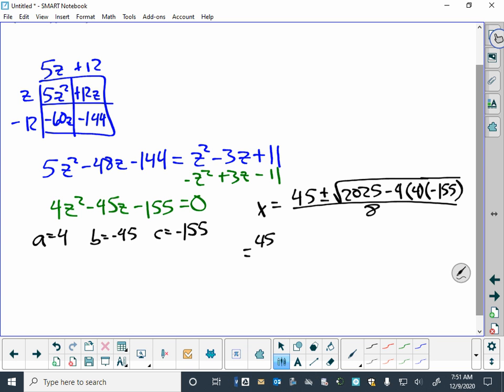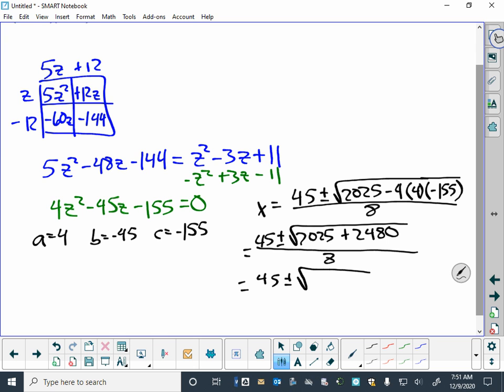So we've got 45 plus or minus the square root of 2025 plus whatever, it's going to be a plus because I've got a minus and a negative in there. So 16 times 155 is 2,480, over 8. So this is 45 plus or minus the square root of 4,505